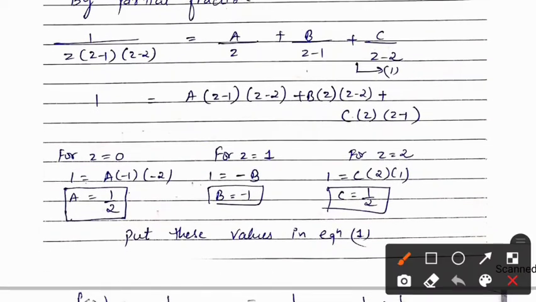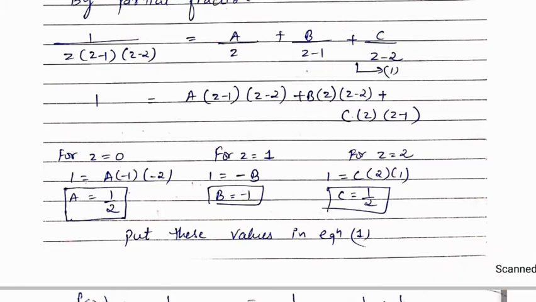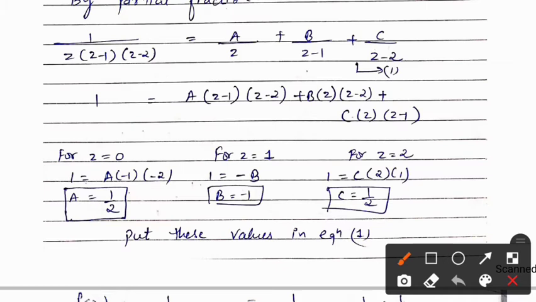See, this is our given function, right? Now all the powers of z over here are 1. So by partial fractions you can write this as a upon z, b upon z minus 1, c upon z minus 2. What you have to do is find the values of a, b and c. Okay, so now I will take the LCM over here. If I take the LCM, I get z, z minus 1, z minus 2, right?